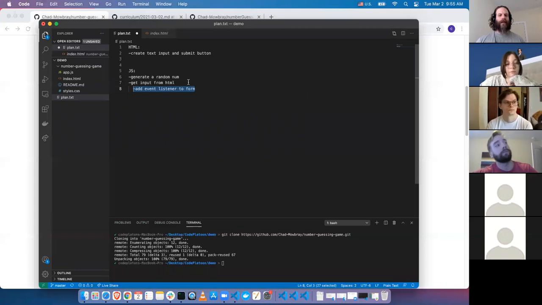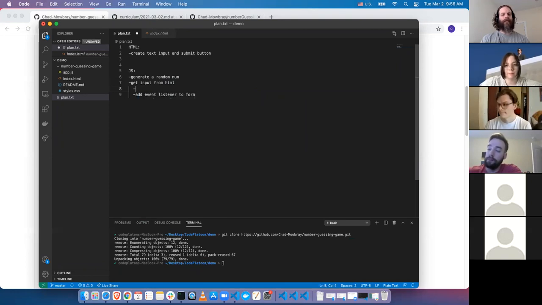Okay. Also, since we're talking about this, I'll add that before we can add an event listener to something, we have to grab it, right? So somehow we have to point our JavaScript to that given element, and then we can add the event listener to it. So you could create a variable and do like the get, I think it's query selector, maybe. Yeah. So there are a few different options. So that's good. Yeah, query selector is definitely one of them. We don't have to worry about the specific implementation right now, but yes, we will definitely grab